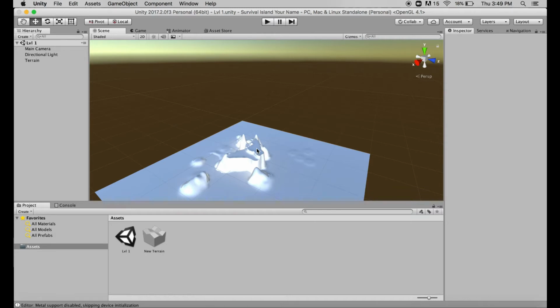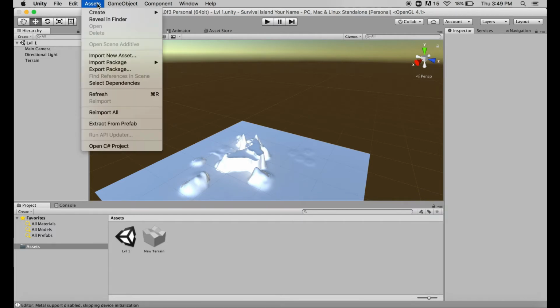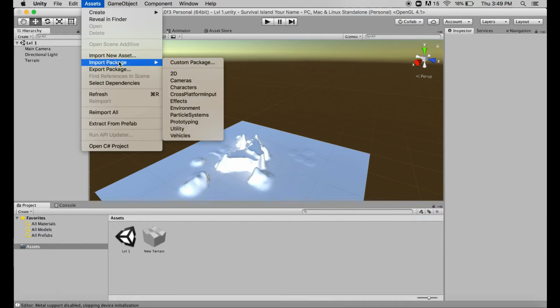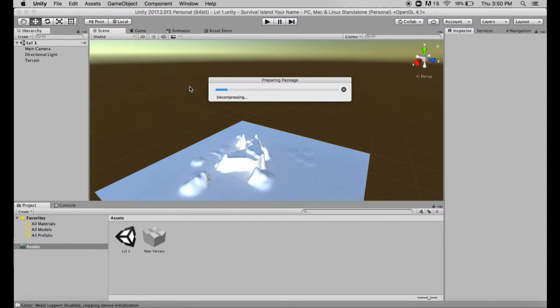And the easiest way to get one of these into our game will simply be to go up to Assets at the top of your Unity menu, and then go down to Import Package. When you hover on Import Package, you'll get a few options. All we need right now is the characters. So clicking on that,